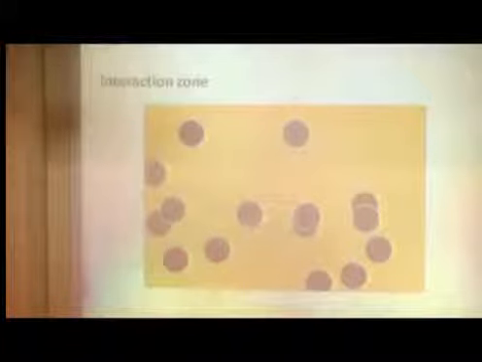and you can see that the interaction zone is relatively small around these big particles. I don't know how big these particles would be, but perhaps around 100 nanometers, perhaps getting on for a micron. But if we shrink these down, you can see that the relative size of the interaction zone is much bigger than it was. So the particles are now relatively small compared with the interaction zone. And if we go down to nanoparticles, of course, you won't be able to see them anymore because they'll be too small on this projector for you to see.